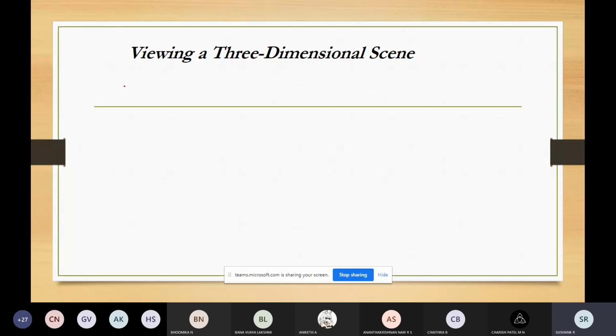So one more technique is identifying visible lines and surfaces. So this is also one of the techniques. The second method is you can identify the depth relationship in a wireframe display by using this technique also. So one technique to identify the depth information for a wireframe display is, see, what is a wireframe display?